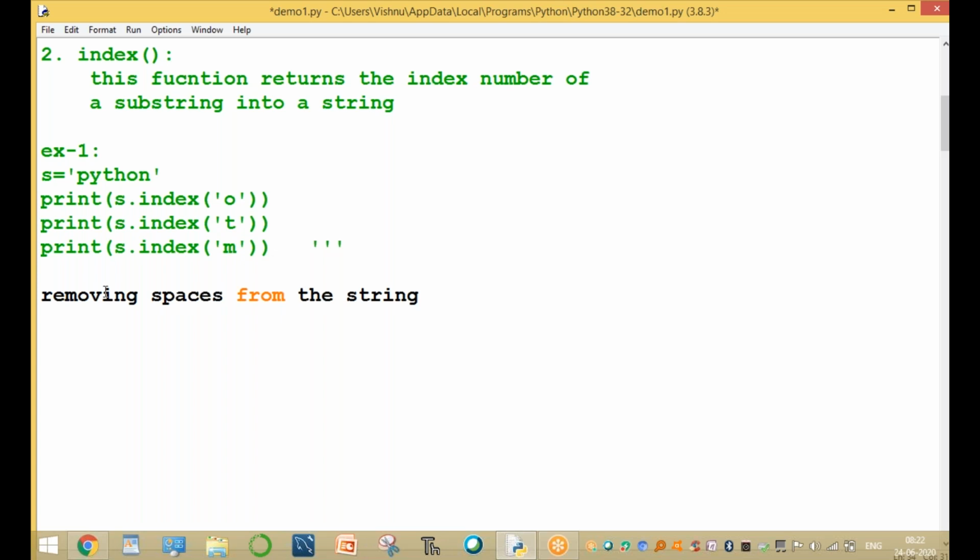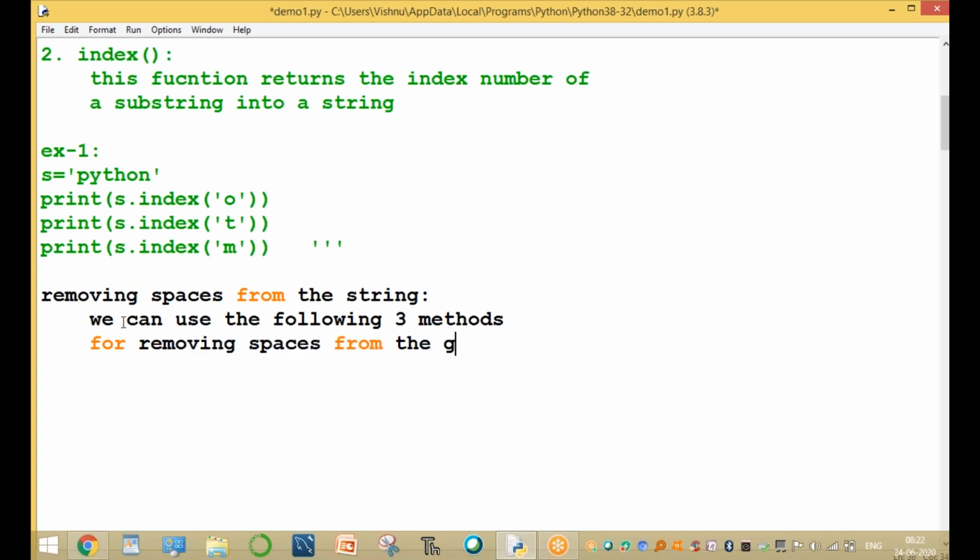This is another small heading. Here we are using the following three methods for removing spaces from the given string. The first one is rstrip.